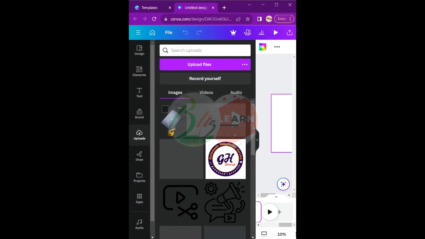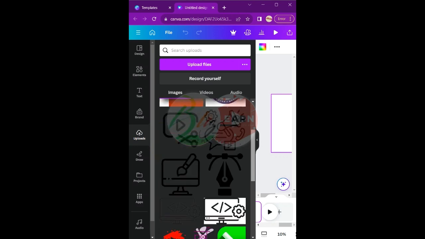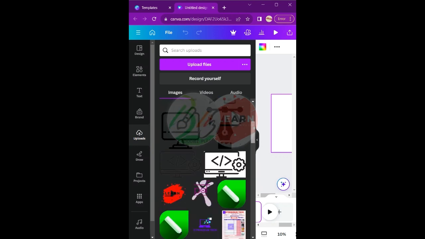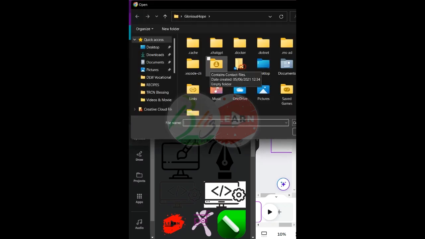So you can see different images. I've already uploaded the laptops and some other items I'm going to be using. So like I said, if you have not yet uploaded any of the items you want to use, what you can do is click on upload files. It's going to take you to your phone storage, internal storage, for you to locate that particular product or media content you want to make use of for your